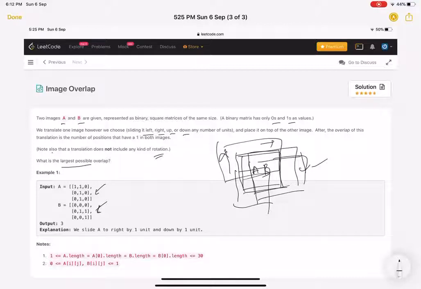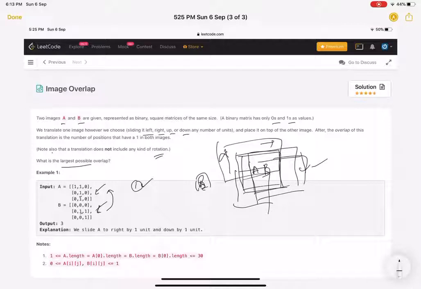So let's see how it goes if we just keep B on top of A directly in this example. If we keep this one on top of this one, then the common ones are this and this. Others, if you see this coordinate, this has 1 here, but these are zeros, so the common one is 1. So the size of the overlap, if we keep B on top of A, is 1.